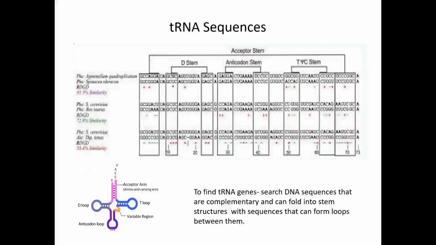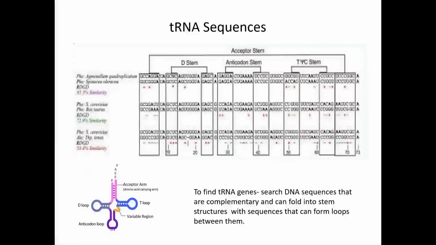For example, let's now see the anticodon stem loop structure. Here you can see this anticodon has a stem and a loop structure in between. So here this will form the loop region. The sequences on either side which are complementary to each other will form a stem structure. Here you can see A and U will form a base pair, G and C, again G and C, then A and U and then G and C. So these sequences will base pair, leaving this middle sequence as a loop in between.